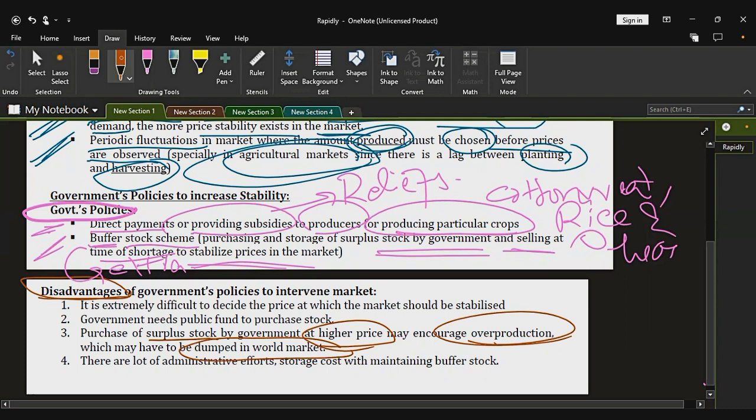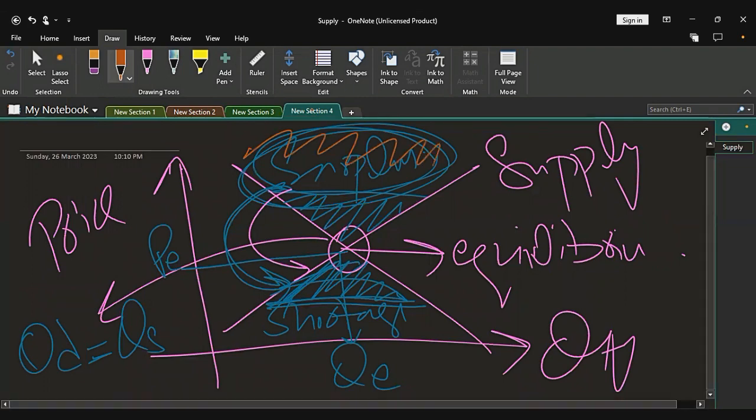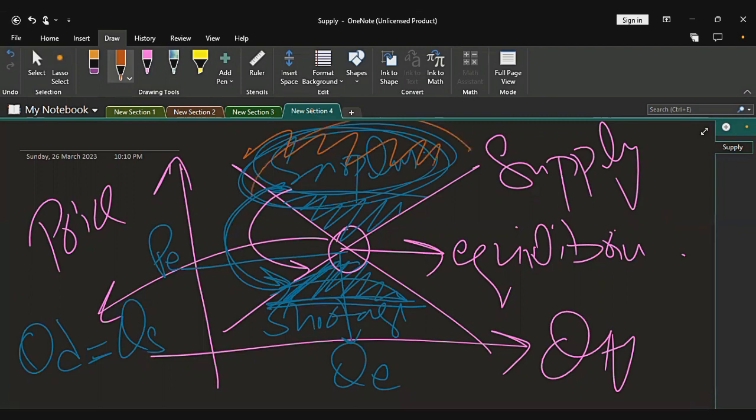Means the supplier will try to produce more and more as he has the facilitation that government will ultimately purchase from him. This will increase the bulk of purchase in the market